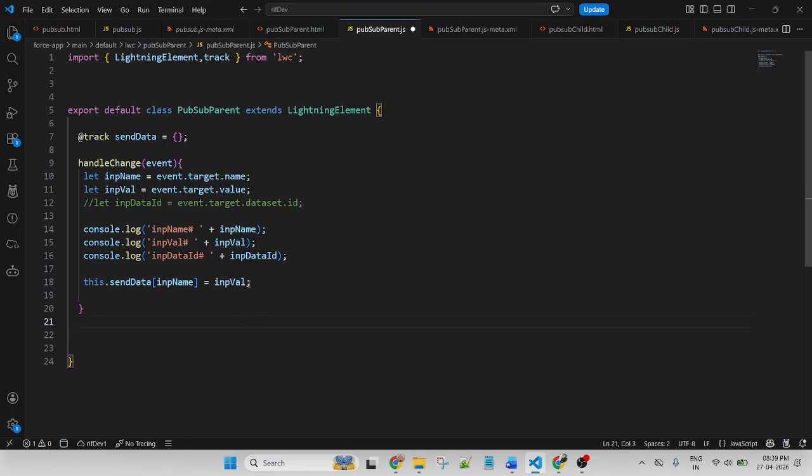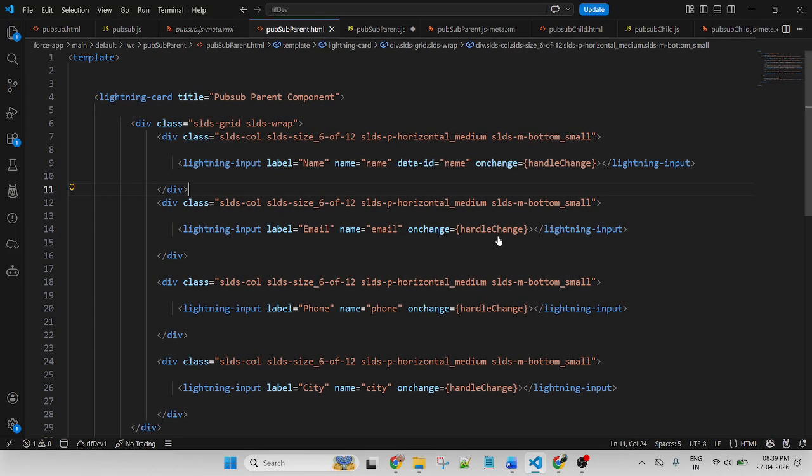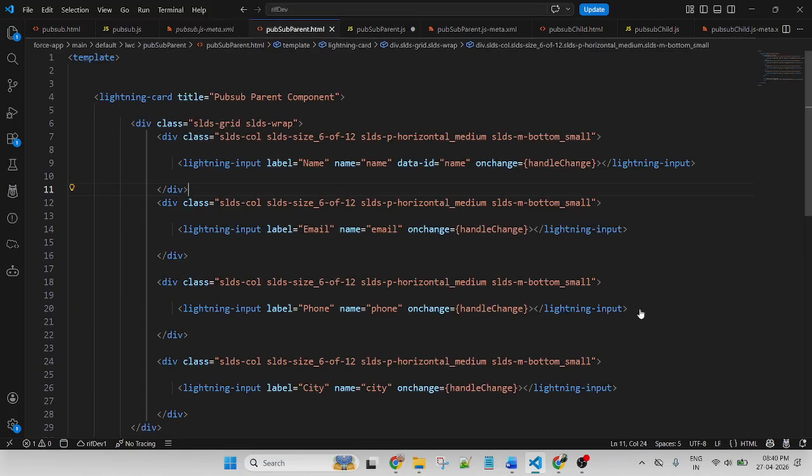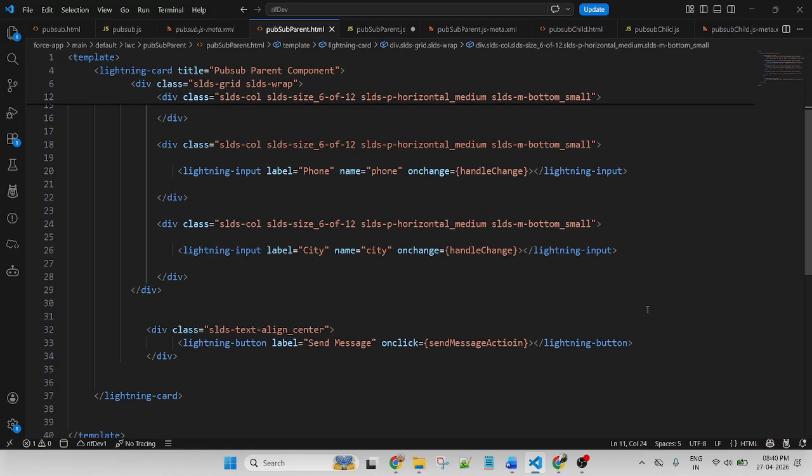Based on this name, I am storing all of the input values inside this object, because this function is called for each and every input field. So if I write in this input field, it will check email and will store the value into the object. Similarly, it will work for the rest. So I am storing all of the input values inside the object, and after that, how to get the object value by name.